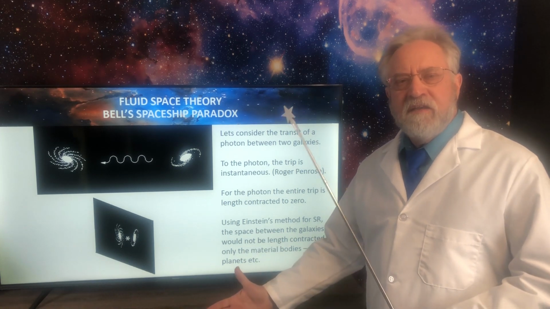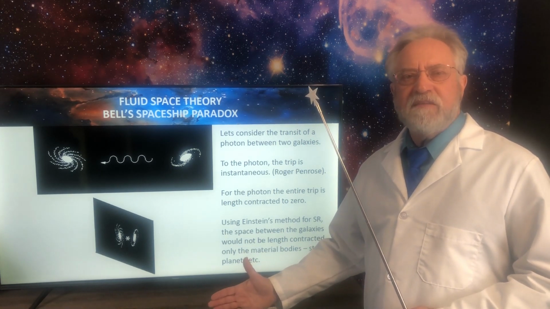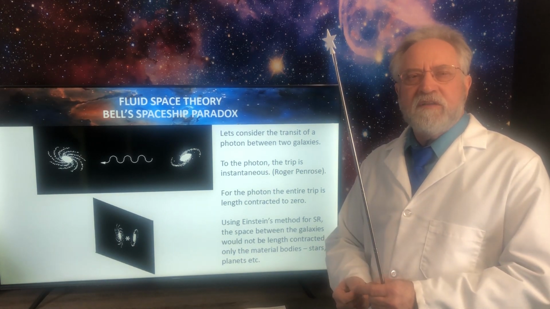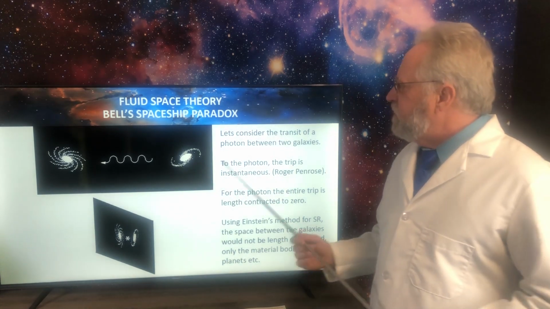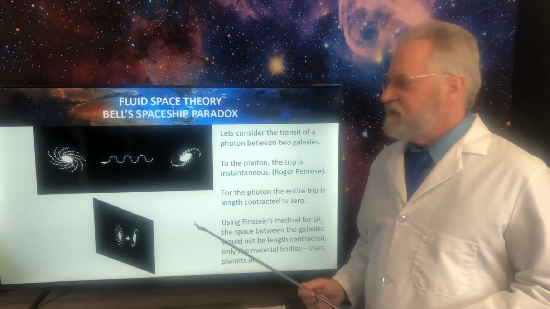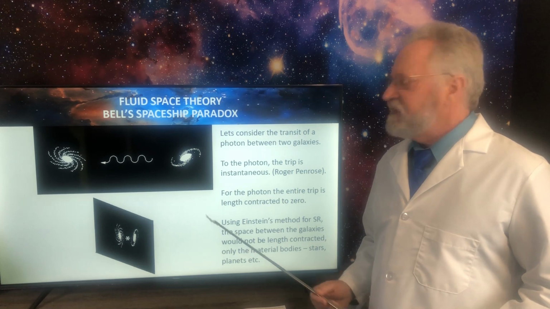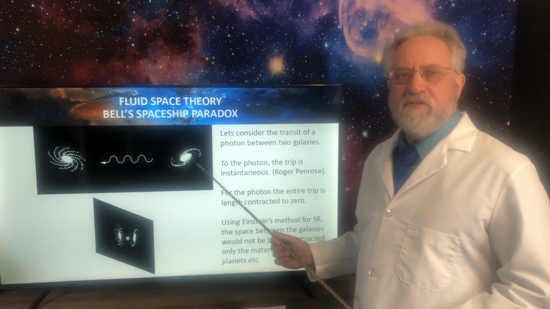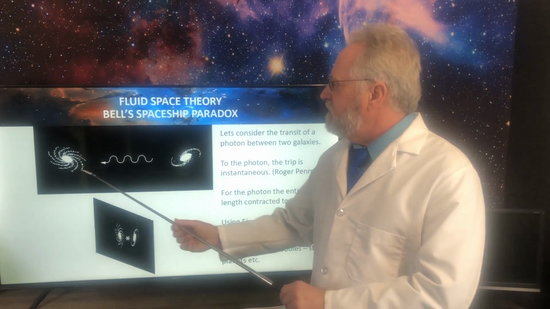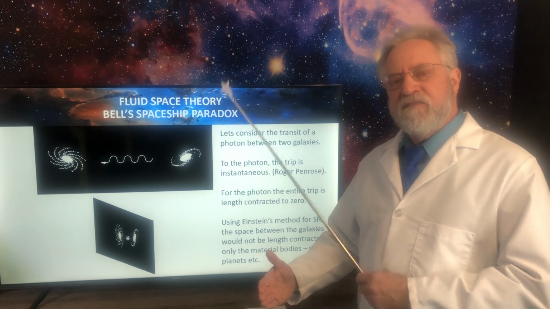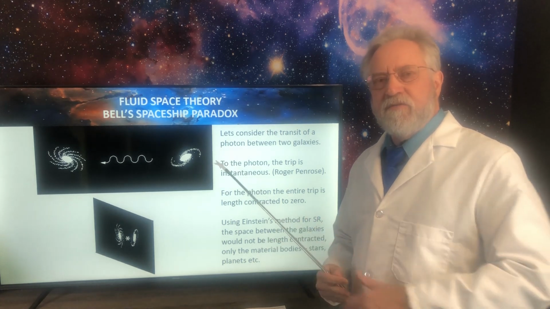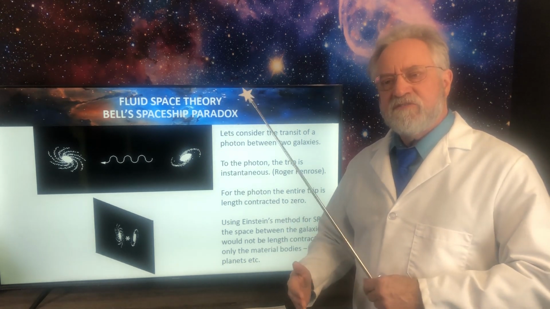And the entire universe, or the entire length of the path that it transits, is compressed onto a single plane, and those two points are brought together due to relativity. But if we used Einstein's space denial philosophy to apply special relativity to the transit of the photon, we would apply it only to the individual stars in the galaxy and not to the space between the galaxies, and we'd end up with galaxies of flattened stars that are spaced in their original orientation, and we'd have these stretched out